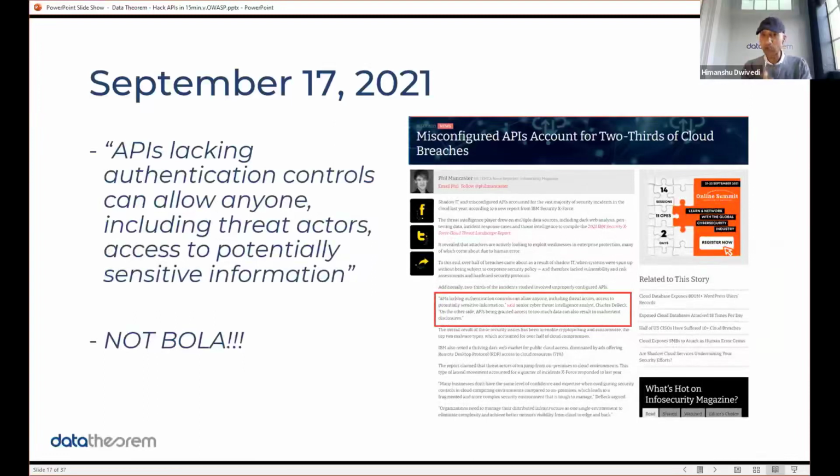And if you read the title of this article, 2/3 of cloud breaches are because of misconfigured APIs, which is why we're also a cloud company, not just an API company.